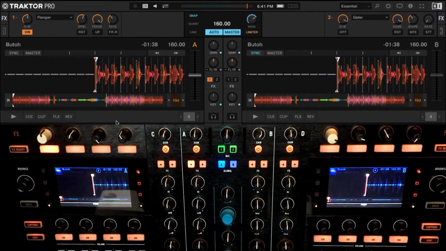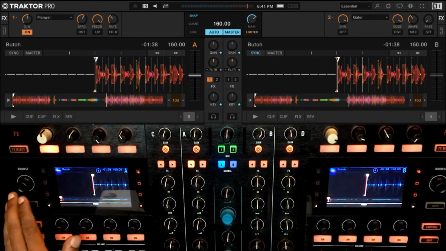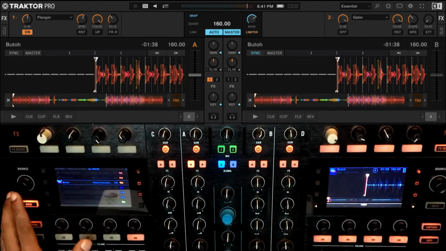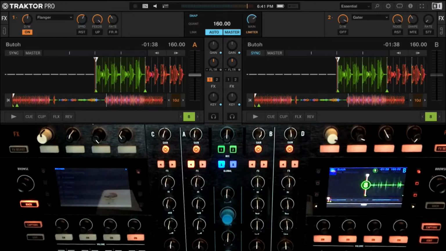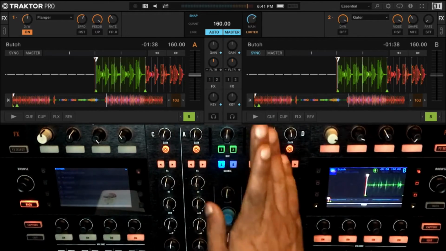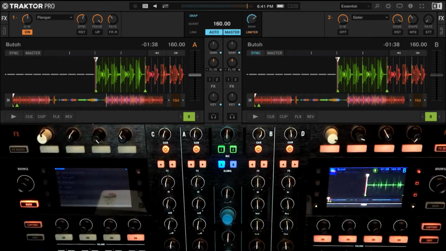What I will do right now is have both of these tracks on loop, the same length. No effect enabled right now. Both of them are up. Let's play both of these together.